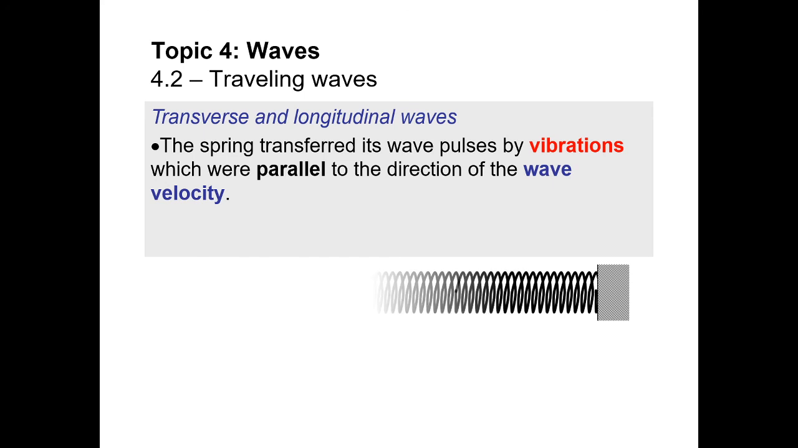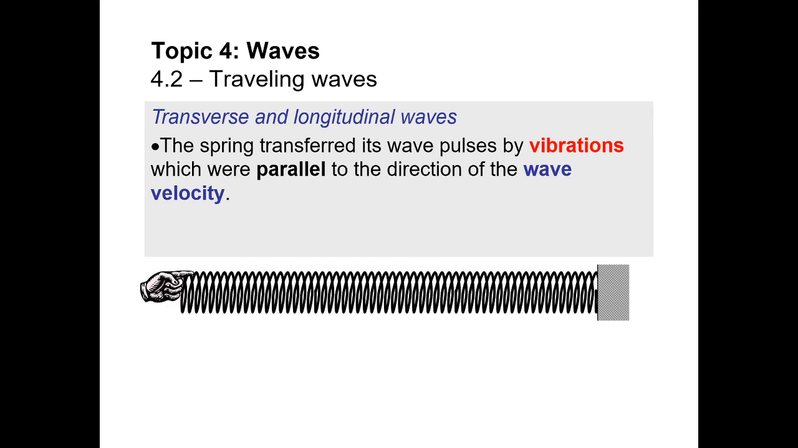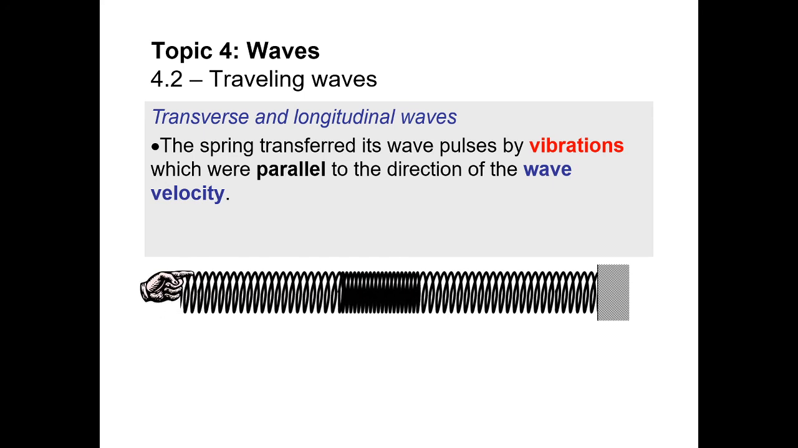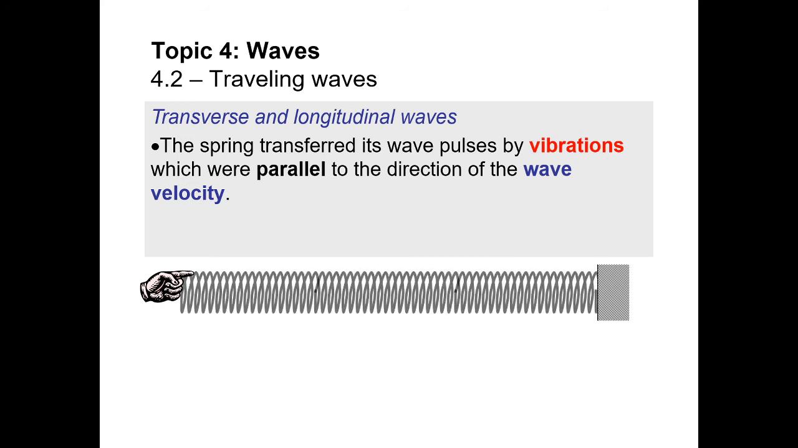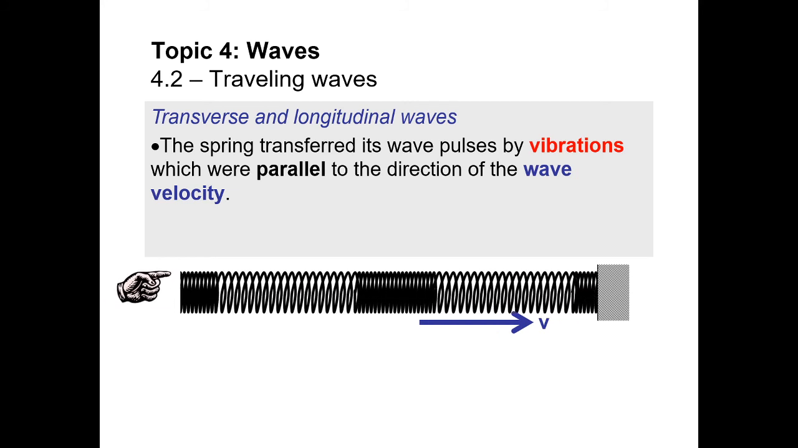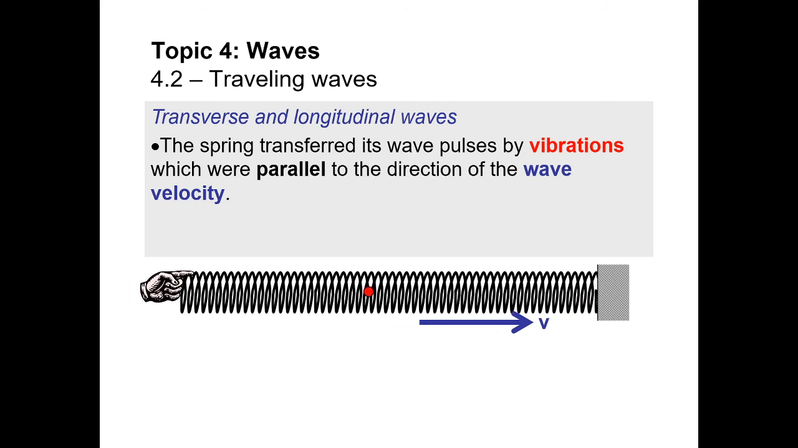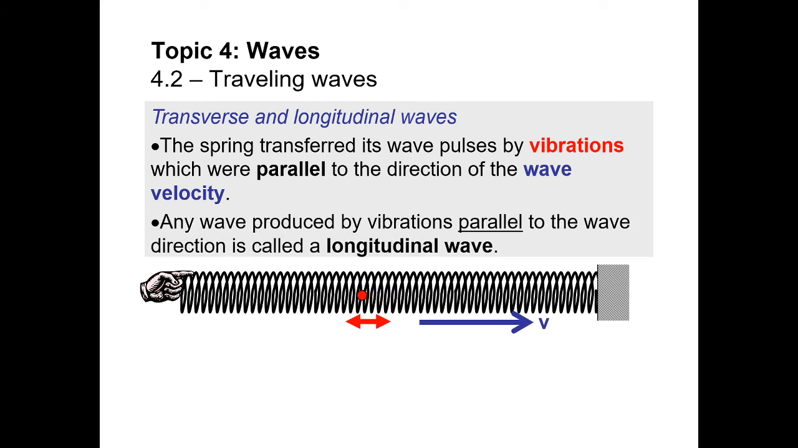Now, with the spring, we saw that when we applied a compression in the direction of the spring, a compression went through the spring and it would also reflect back. The compression traveled along the direction of the wave velocity, and the fact that it traveled along it on the way there and backward on the way back shows that it was traveling parallel to the direction of wave velocity. So this is what's called a longitudinal wave,